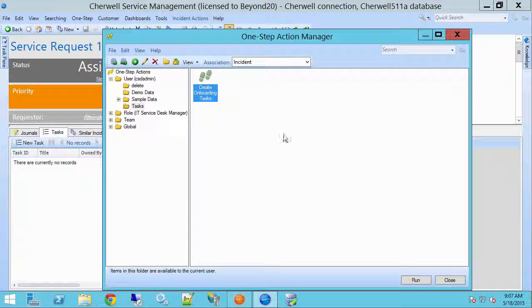This is a very simple example. If you were actually doing this in a real life workflow, you would have a lot more complexity here. But this is the basics: create your record, use the very useful variable function to capture that ID, and then go forward with your dependent tasks. So if I click Run,